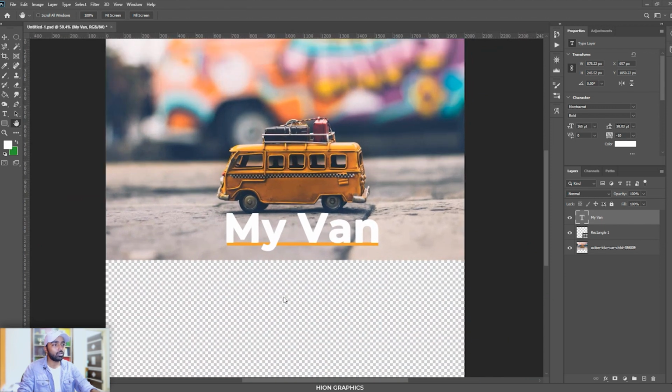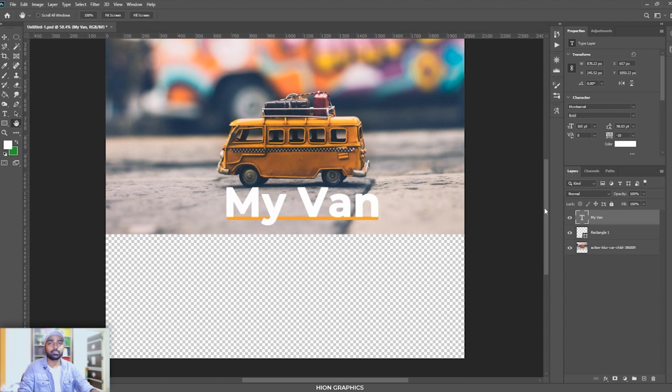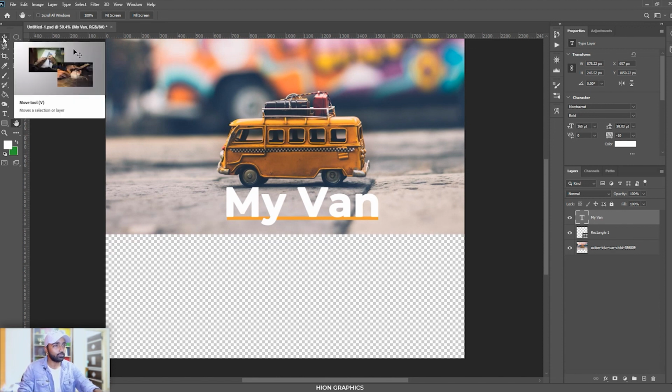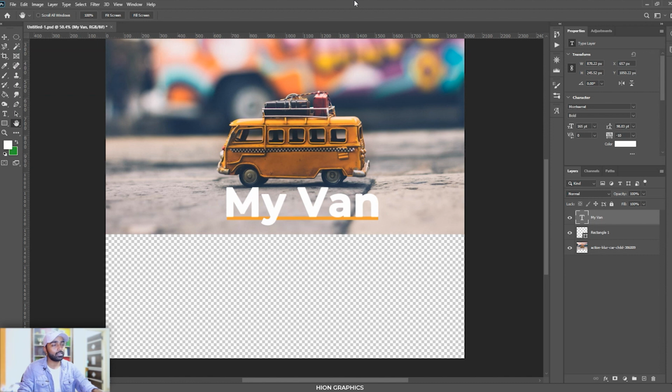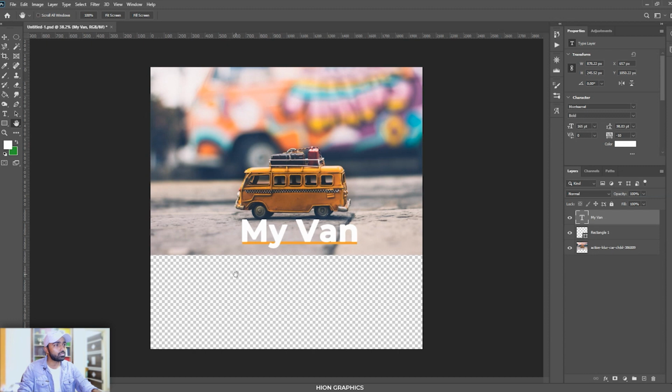It's not a tool, it's a functionality in Adobe Photoshop that has a lot of algorithms in it, and it's a lifesaver technique for some of the Photoshoppers, because in some cases we want things to be perfect, just replicating. Now if you see this image, the part that is below is transparent. I want to fill it with this particular road.